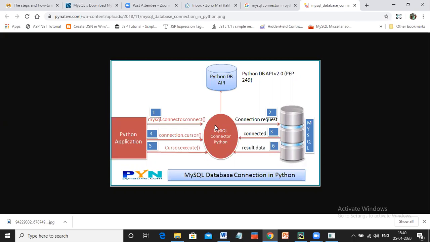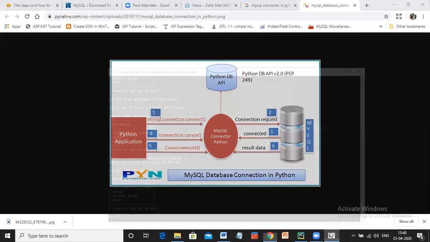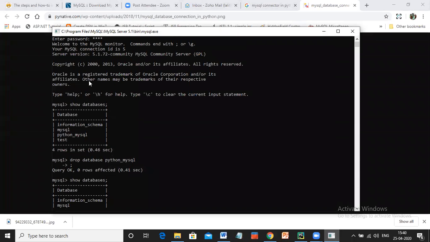You need to tell where your MySQL is, which particular database you want to connect to, and what the credentials are, so that I can assume this is an authorized request. When I connect to MySQL, there is a default username and password. The username is root and the password is also root, right?